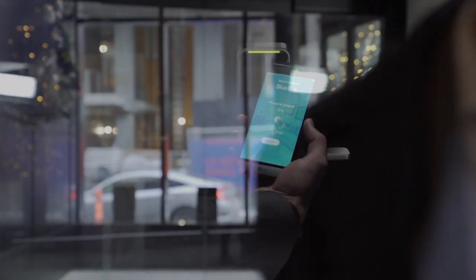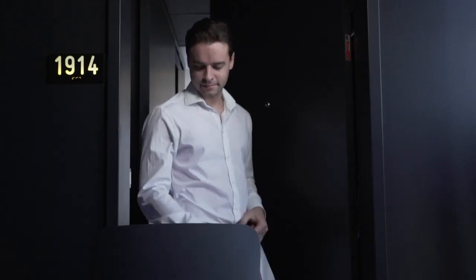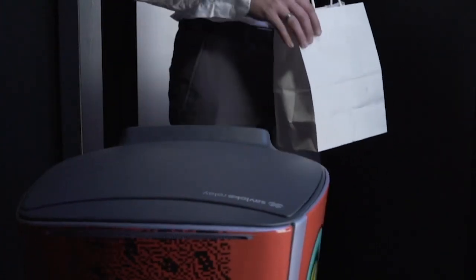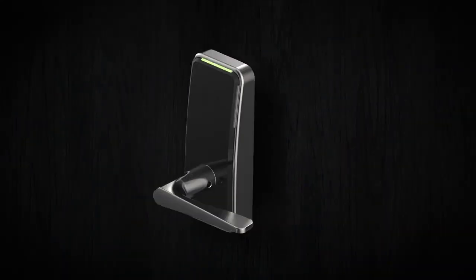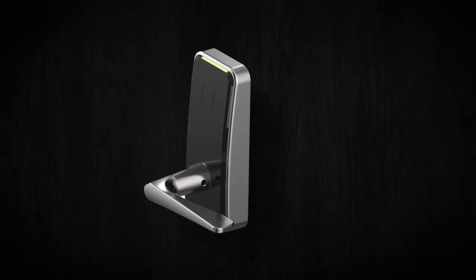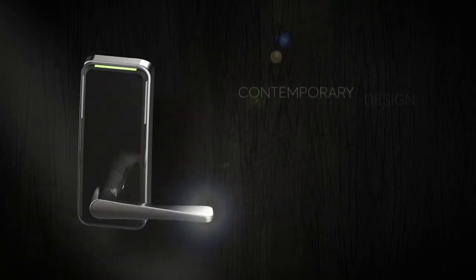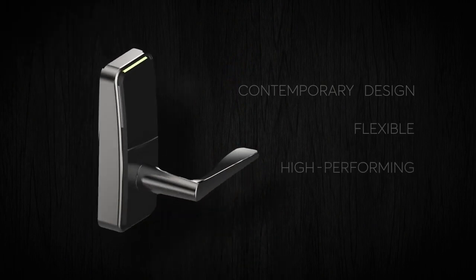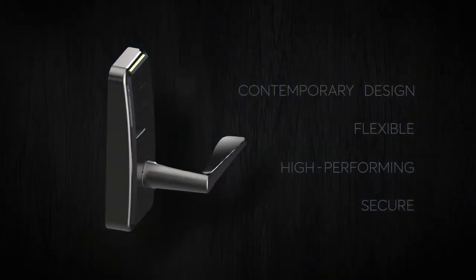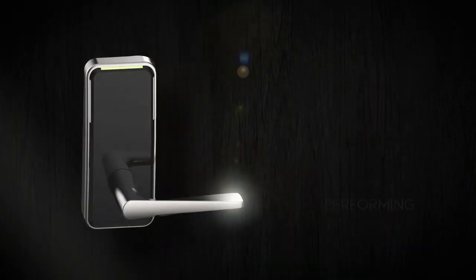Guest experience is nurtured by convenience, innovation, technology, integrated engagement, and reimagination. Saffire LX electronic hotel lock features sophisticated RFID technology in a contemporary design. Easy to use, flexible, high-performing, and secure, Saffire LX provides hotels the option of issuing mobile credentials to transform the